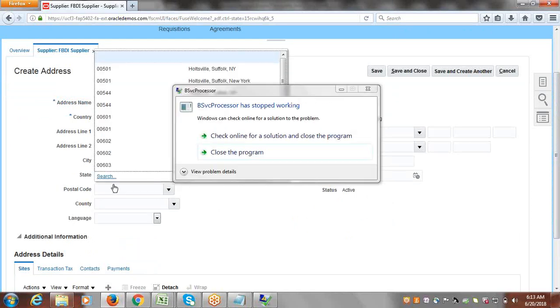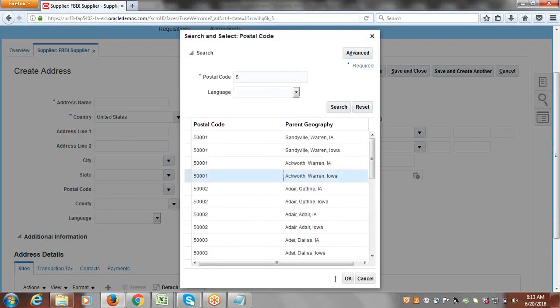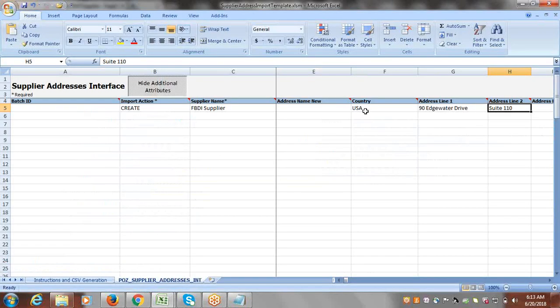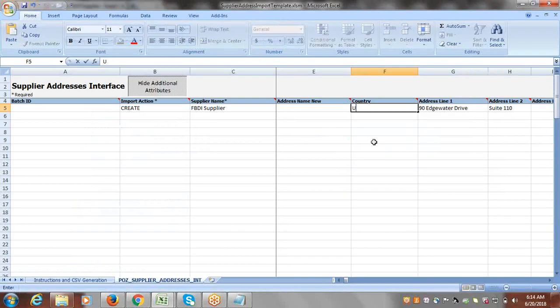So you can pick any one of the postal codes. Okay, now country. They are giving USA, but here you don't find any value as USA. It is just US. Okay, country code is US only. Now address line